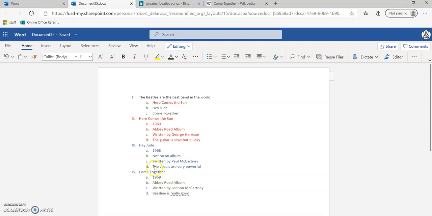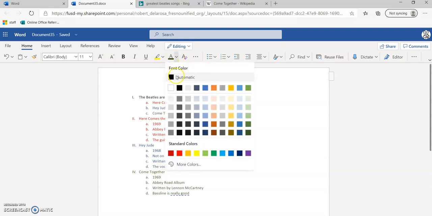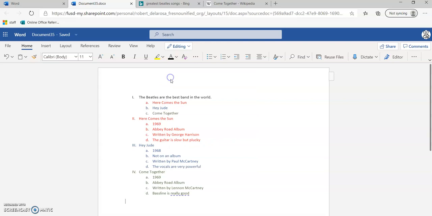And now I'm going to go back to black color font. And now I'm going to make a V. V period. That's the last Roman numeral for 5. Hit space. And then again, now I'm going to write once again that the Beatles are the best band in the world. This is going to be a conclusion. The Beatles are the best. And now I'm going to hit enter,